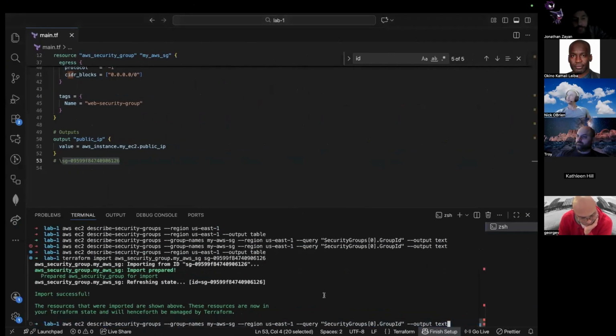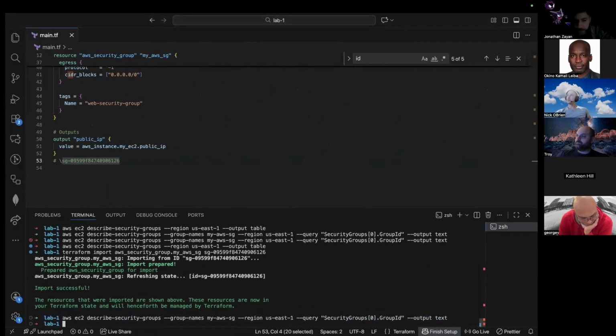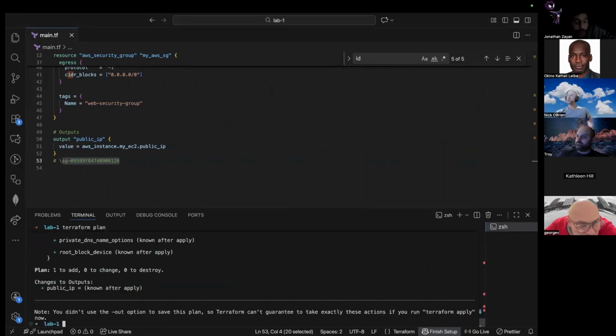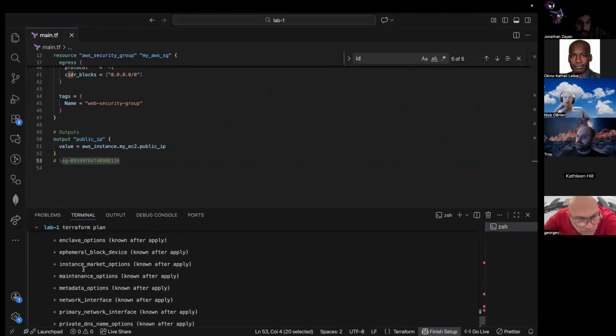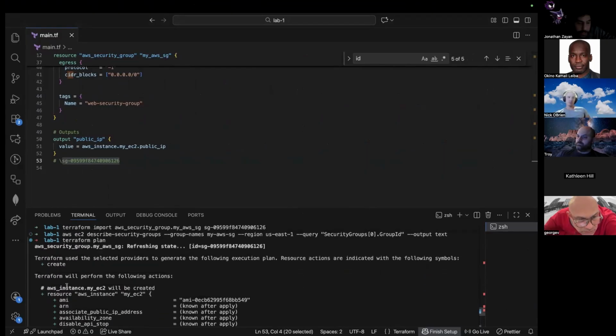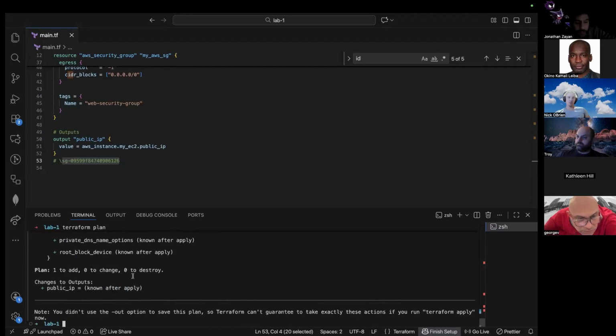Okay, now that we did this, let's remember we never successfully ran it yet. So let's just do terraform plan again, because that's good practice. When we run plan, it's saying we're adding one, which is the instance myEC2, because before we ran into the conflict with that.